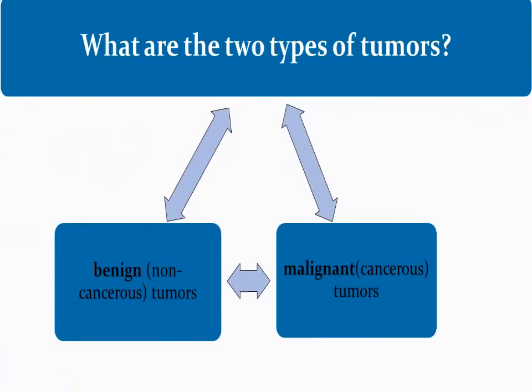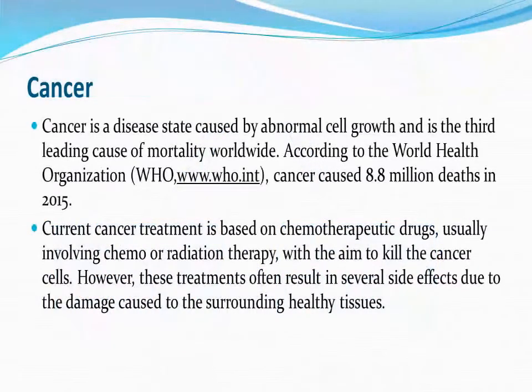What are the two types of tumors? Benign, non-cancerous tumors, malignant, cancerous tumors. Cancer is a disease state caused by abnormal cell growth and is the third leading cause of mortality worldwide. According to the World Health Organization, cancer caused 8.8 million deaths in